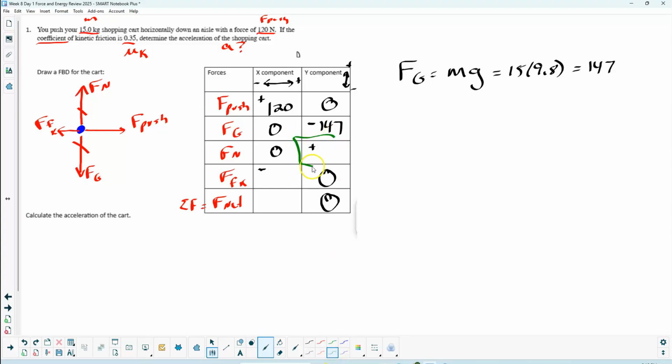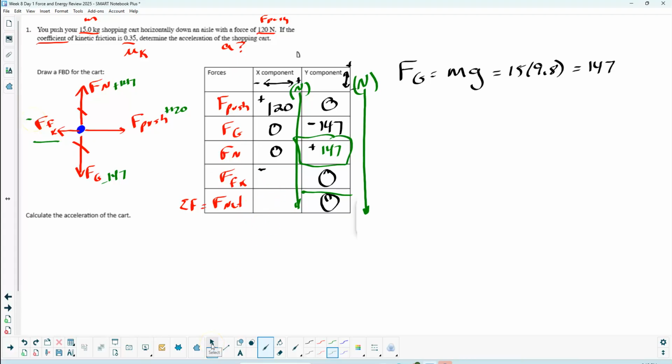I've determined that I need to find the normal force. There is no equation for that, so I'm going to just use the chart and say, okay, negative 147 plus a number gets me to zero. So that's got to be a positive 147. Again, all the ideas in the chart are measured in newtons, so if you want to do that to cover your units, you can do it that way. So I got 147 going down, I got a positive 147 going up, I got a positive 120 going to the right. I need to figure out what my friction is going to the left,